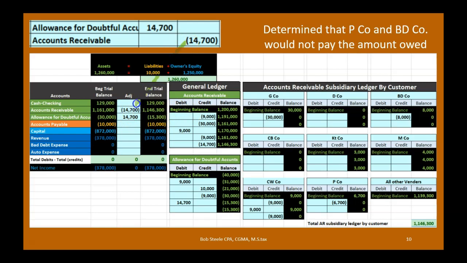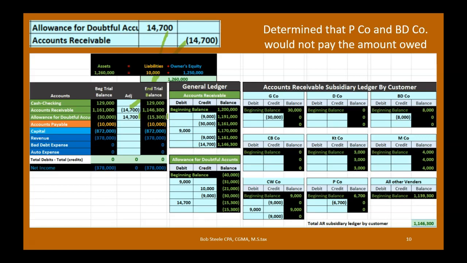So the receivable is going to go down, it has a debit balance. We're going to do the opposite thing to it to make it go down. And then we are going to debit the allowance account, making it go down. Note that there's, once again, no change in the net receivable, because the net receivable here was a debit of the receivable of $1,161,000 minus the credit of the allowance. That would be the net receivable. And then they both went down. Therefore, the new net receivable is now